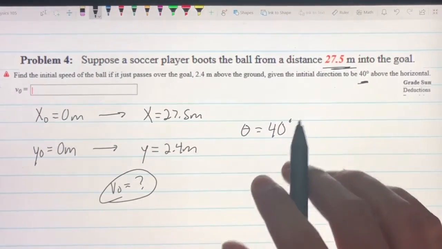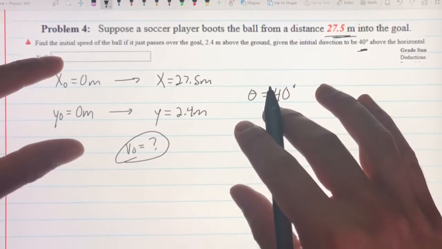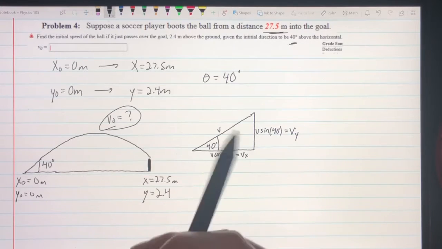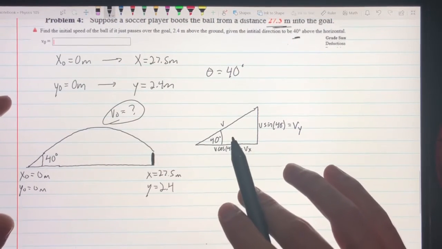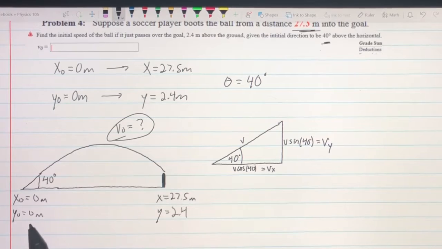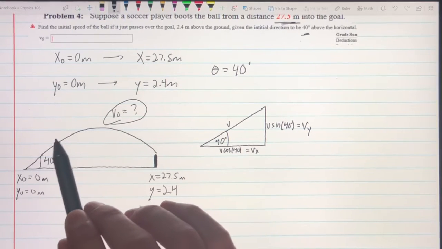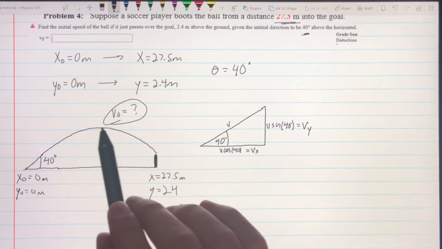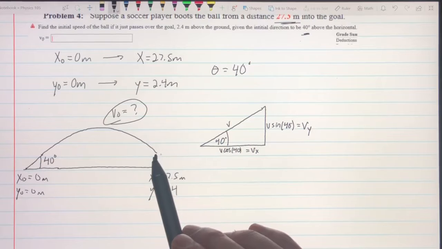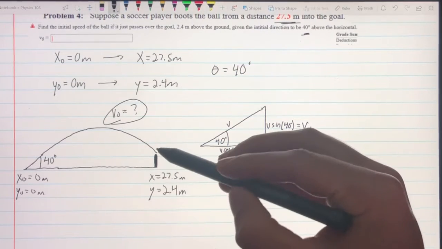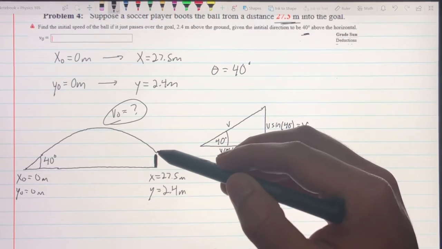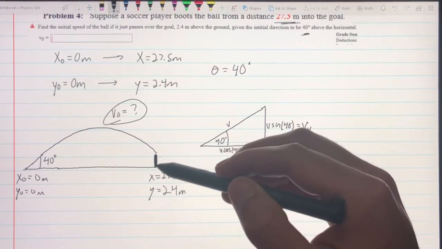So now I'm going to use what was given to set up a picture. These are the two pictures I made using the information that was given to us. This picture shows the change in location of the ball with the angle that it's moving at. So the ball starts here, travels at 40 degrees, comes back down towards the goal, and passes just over the goal. It's important to remember that the ball at its end point is still 2.4 meters up